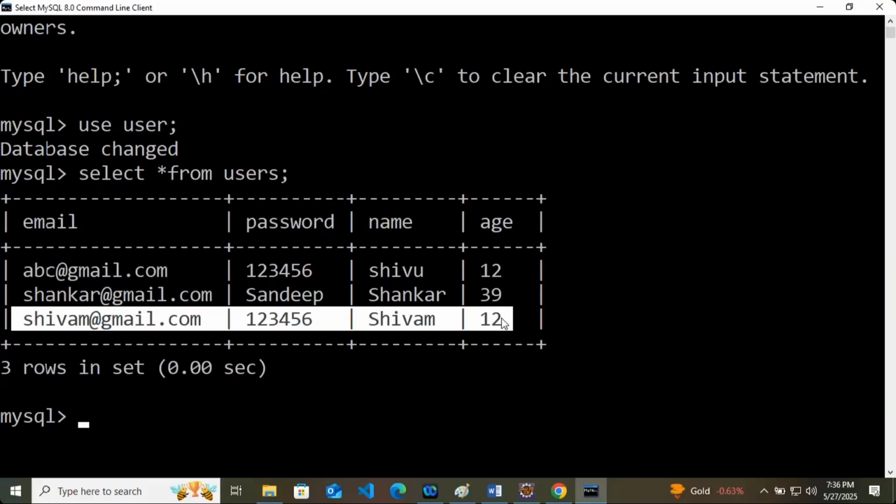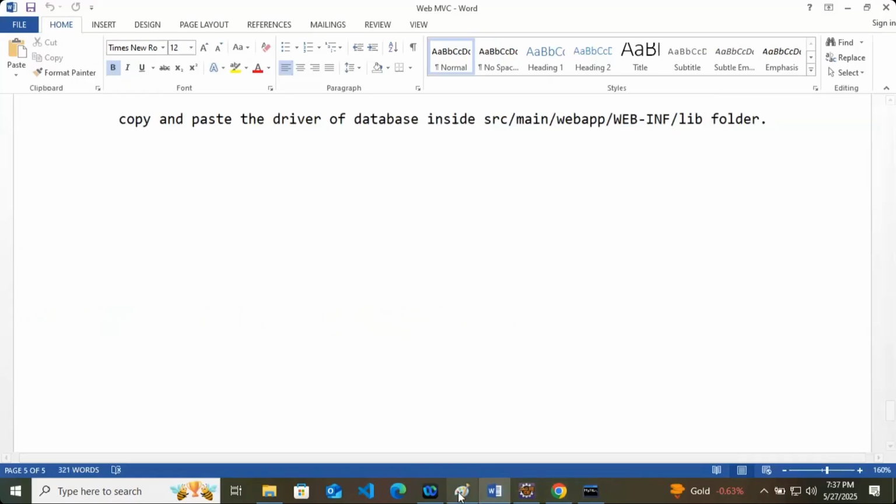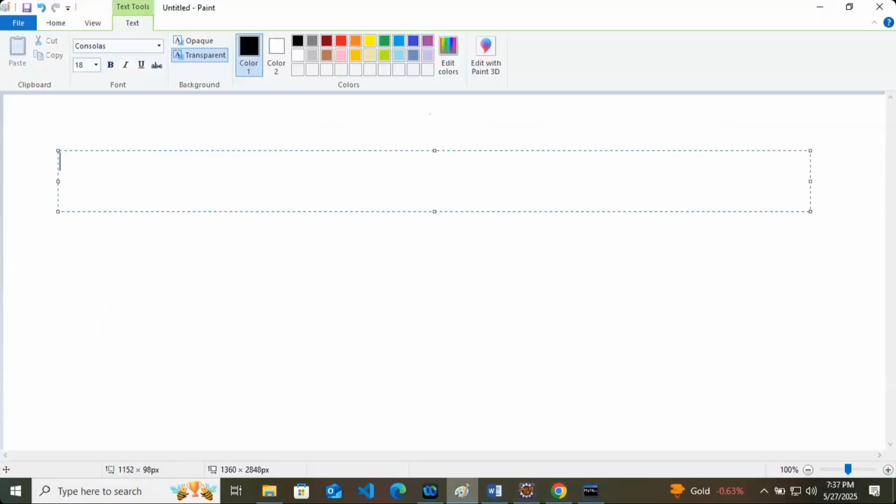Now what we are going to do is add the login functionality. So let's understand what we are going to do. In the next step, we will integrate the login logic.